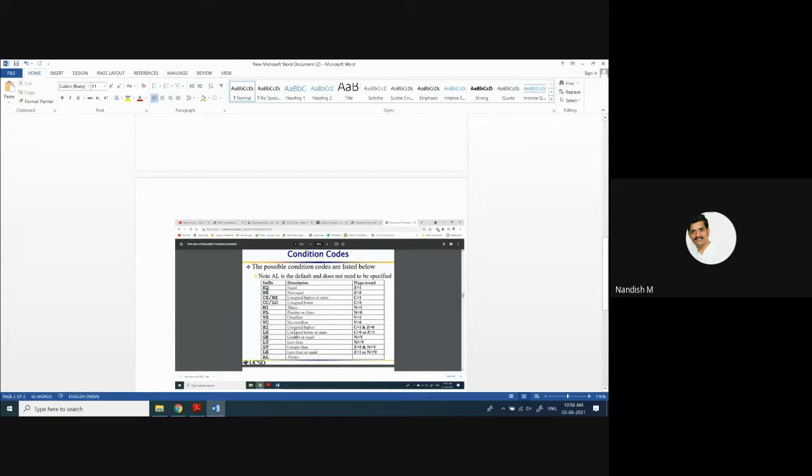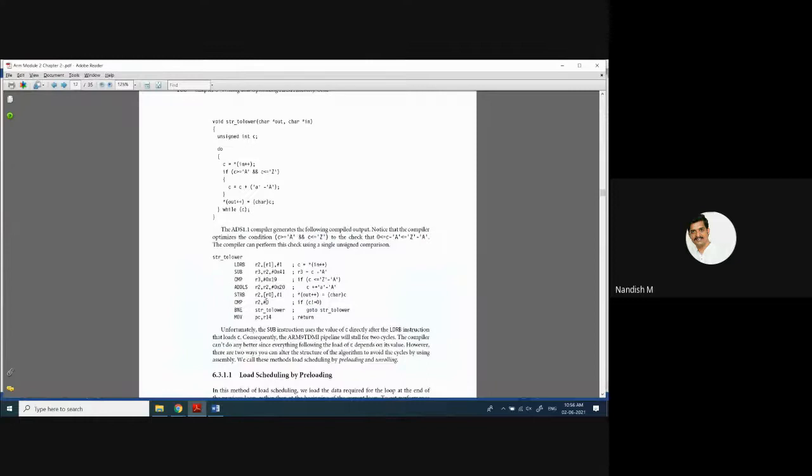Lower or same means the carry flag should be 0, or the zero flag should be 1. If that is the case, you can understand it like this: r3 contains a character. If it is less than this number, then add, store it in some location, compare it, and branch to the loop itself. This is the procedure.